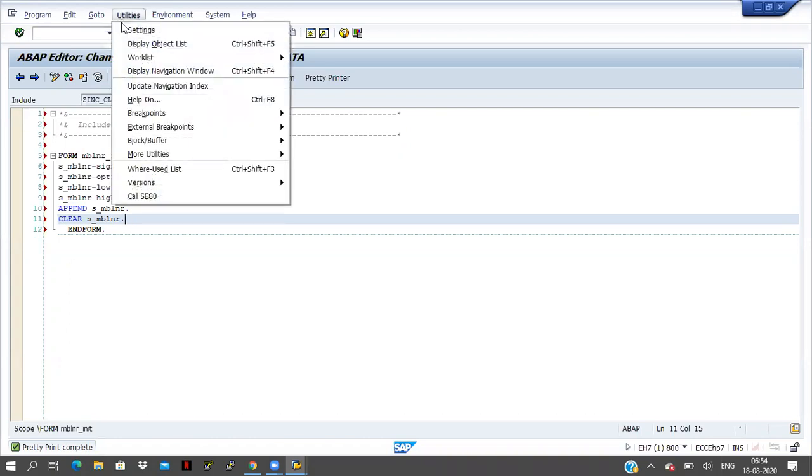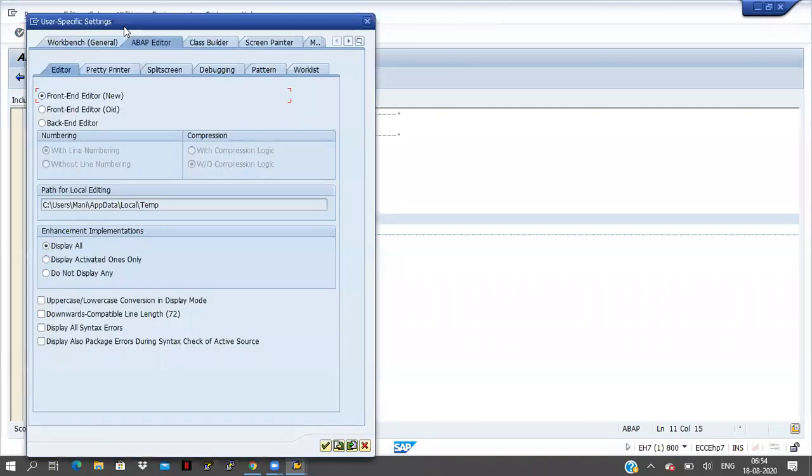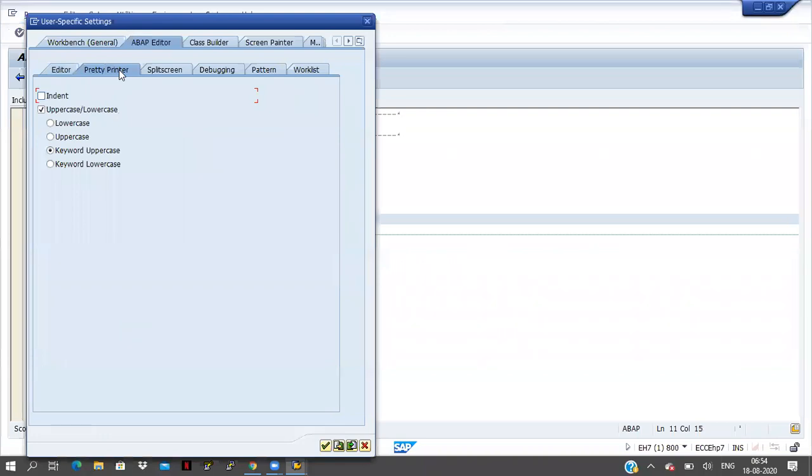Something is different here. The utilities settings, the pretty printer is there. It's not indent. That is okay.